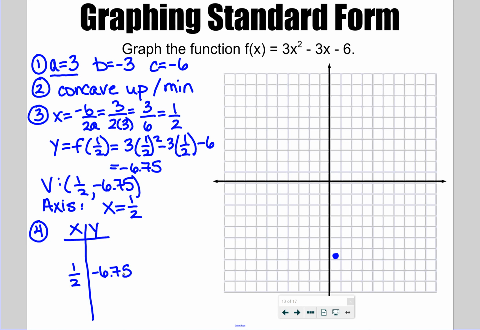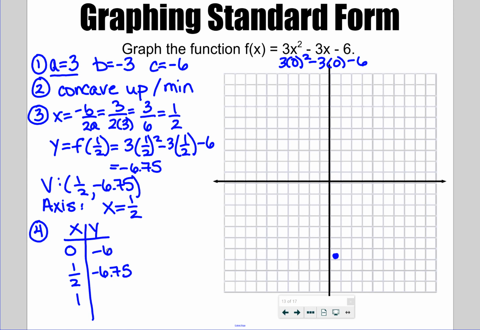What we want to get is a number that's smaller and a number that's larger for x, so that way we have a number to the left and a number to the right. You can pick easy numbers to plug in, like 0 is really easy to plug in, 1 is really easy to plug in. You can plug in values that are further away if you want, like -3 and +3 or something like that. If you plug 0 into the equation, 3 times 0 squared minus 3 times 0 minus 6,